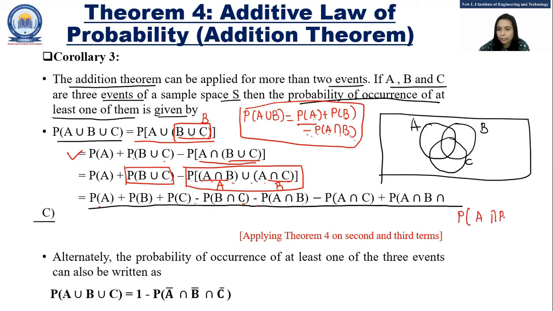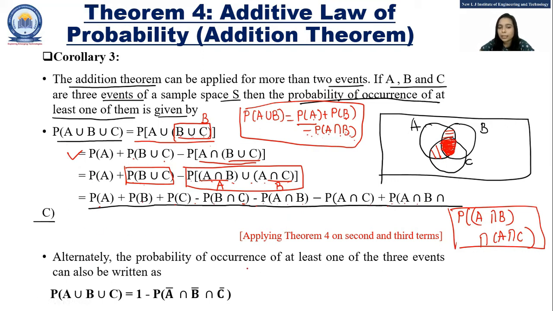A intersect B, first the part A intersect the B part, that is the A intersect C. Now if you are taking the intersection of A intersect B, so A intersect B is this part and A intersect C, that is this part. So intersection of this A intersect B and A intersect C is nothing but intersection of A, B and C. So here this is written as P of A intersect B intersect C.